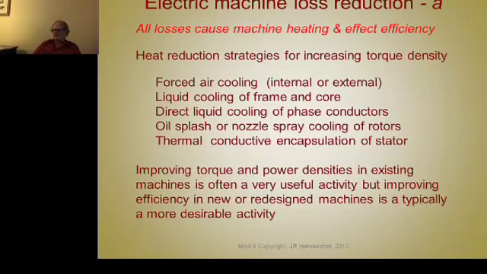So large machines have very long thermal diffusion path distances. So you can get very rapid heating up of the copper wires if it's a long path from where they're located through the stator core to some cooling mechanism like forced air or a liquid cooling jacket around the